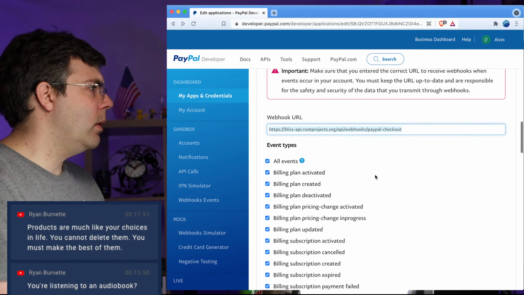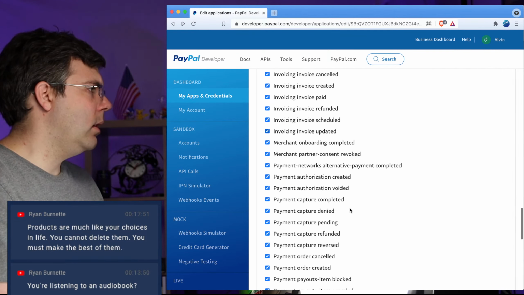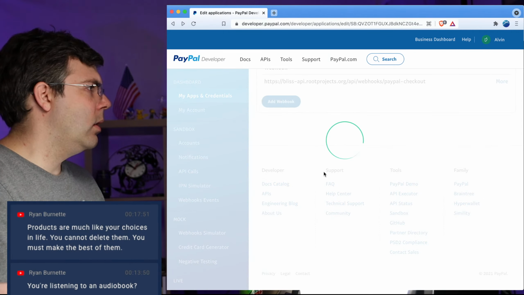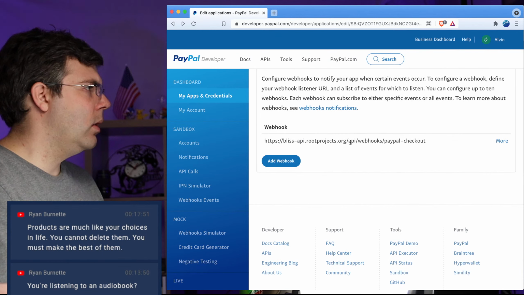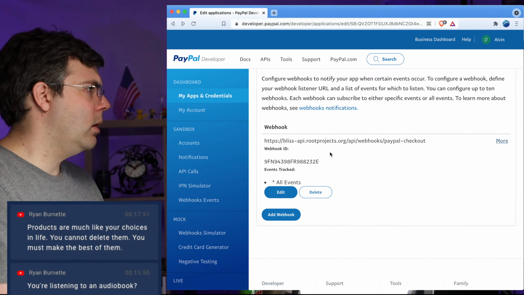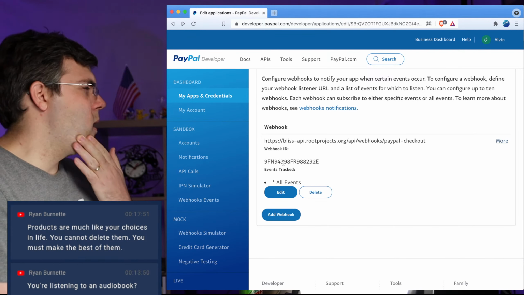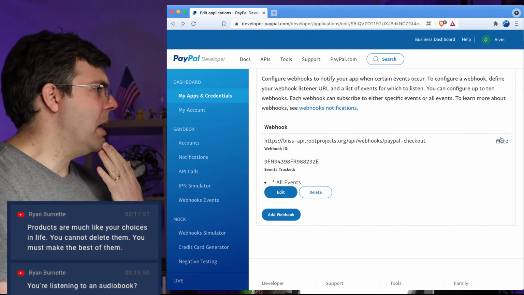But there we go. That's what I'm going to call it. And hopefully it'll show it to me. Webhook ID. Maybe that's the authentication? I don't know.